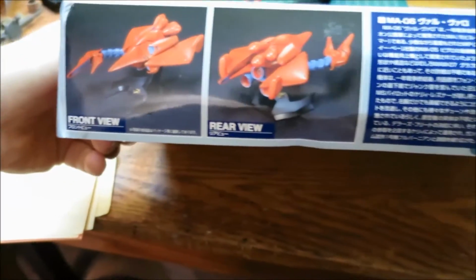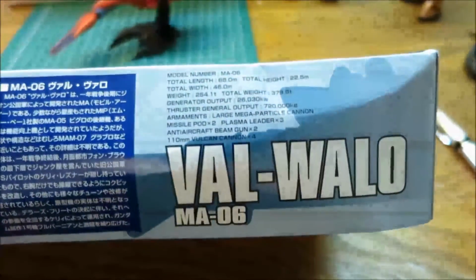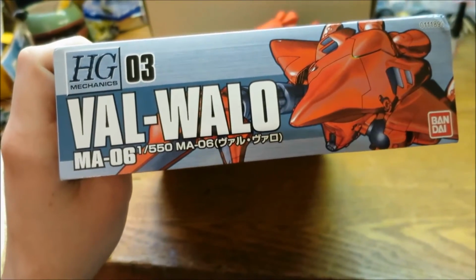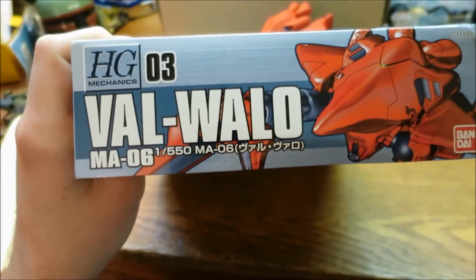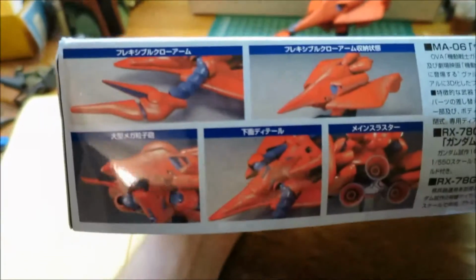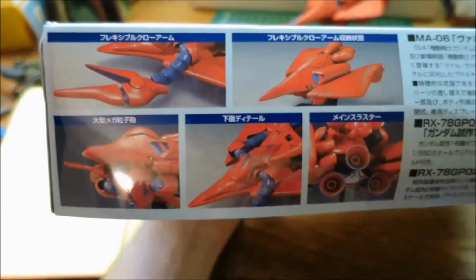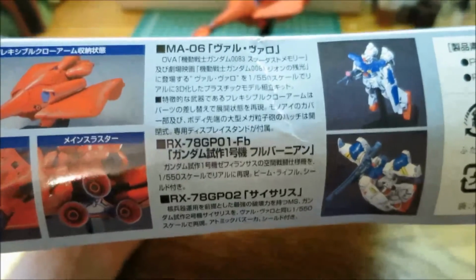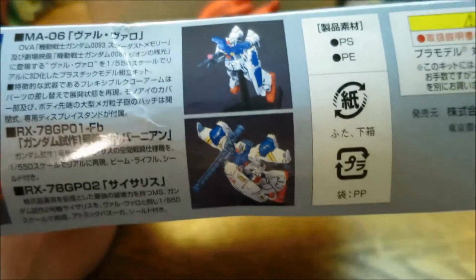information. Side here we've got the usual front view, rear view, Japanese description. Once again, the same information on the front there. Side is just the typical side with the picture of the model or unit, and then the same information there. Now on the back here we've got all the little gimmicks, so showing off the arms, thrusters, and the hyper beam. A little bit more information there, and then this kit actually does come with two